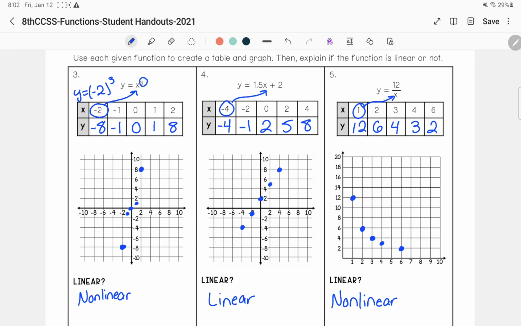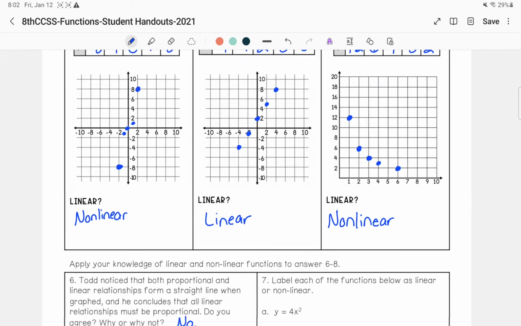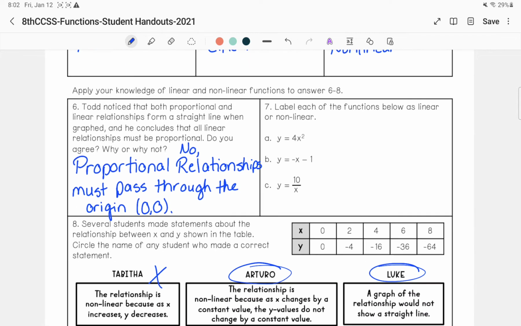So for example, my x cannot have this exponent up here. That tells me right off it's nonlinear. Or over here, this x, if it was linear, it would not be in the denominator. So that is also nonlinear. Then looking at the bottom,